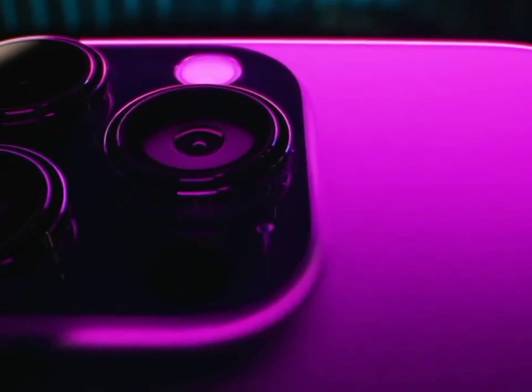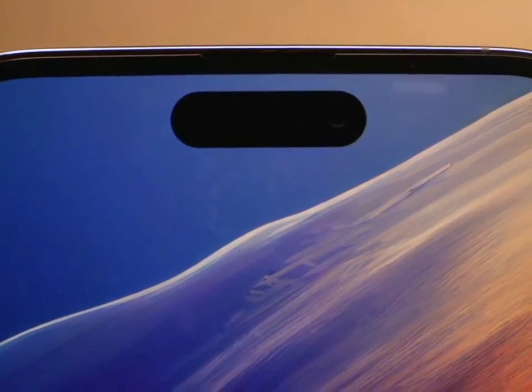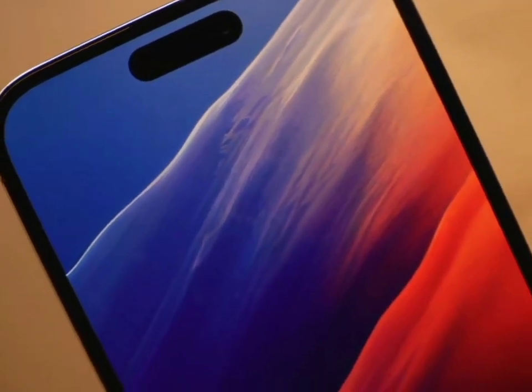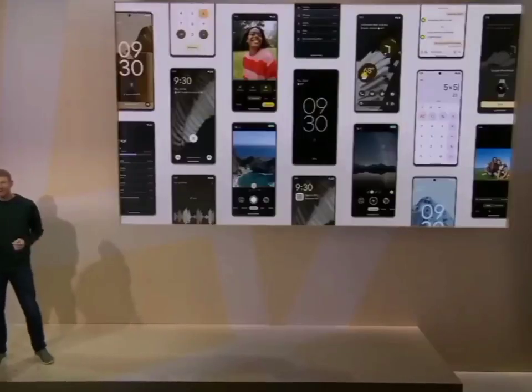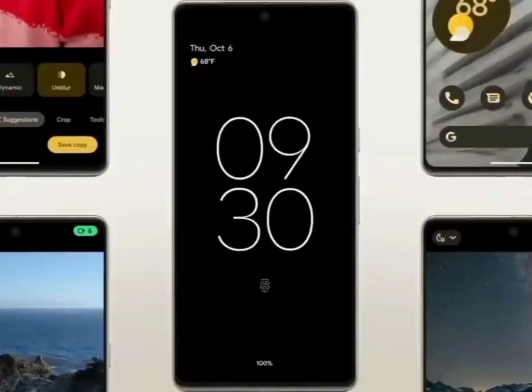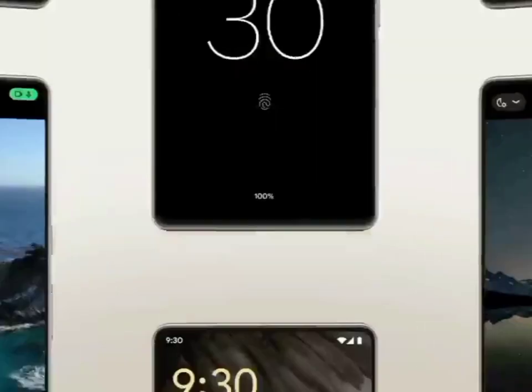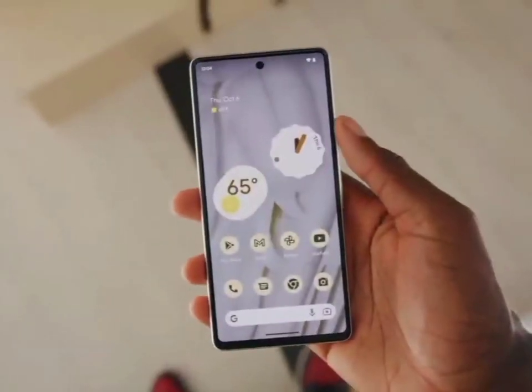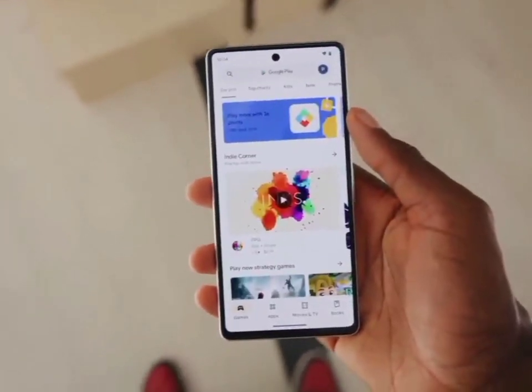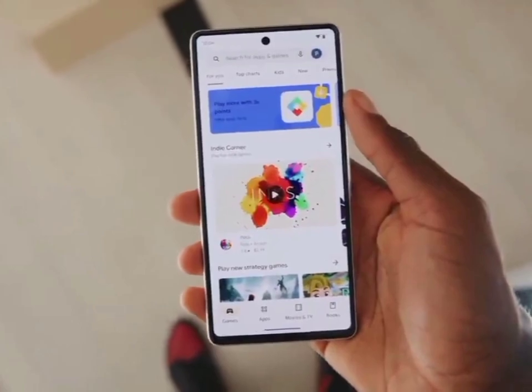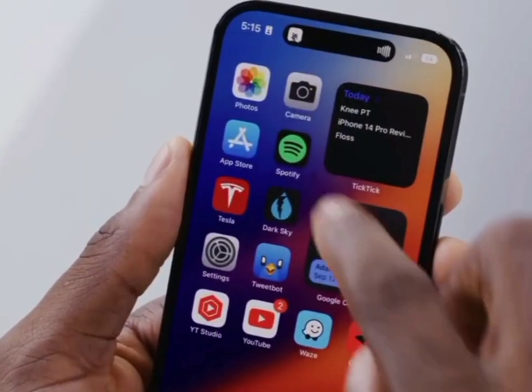So the iPhone 14 was released a while ago, and there is this new feature called the Dynamic Island, which everyone is interested in. But sorry for the Android users, as the new Pixel phone was released and most people wished to see the Dynamic Island, but it wasn't there. Problem solved. If you are an Android user, and you really want to get your hands on the Dynamic Island,